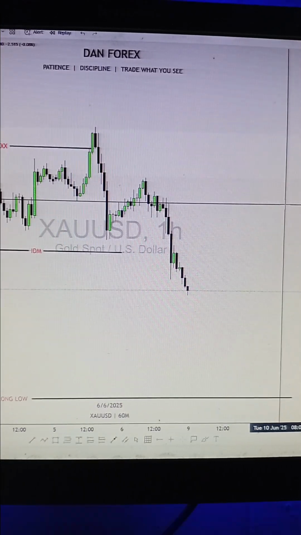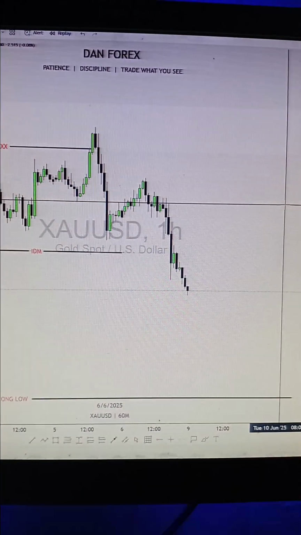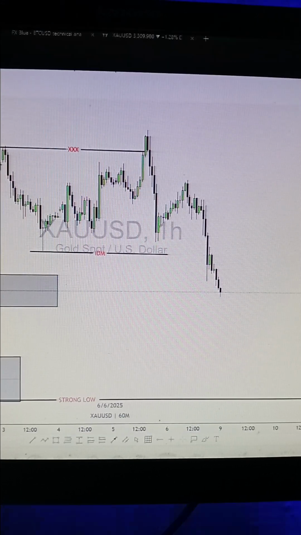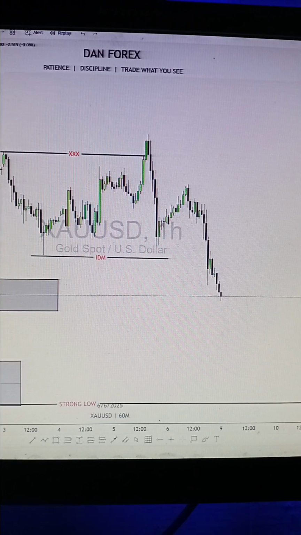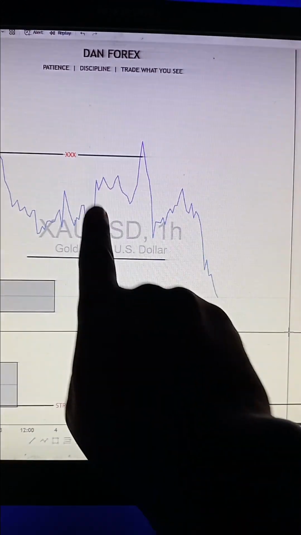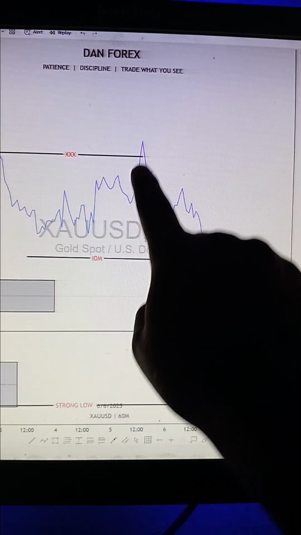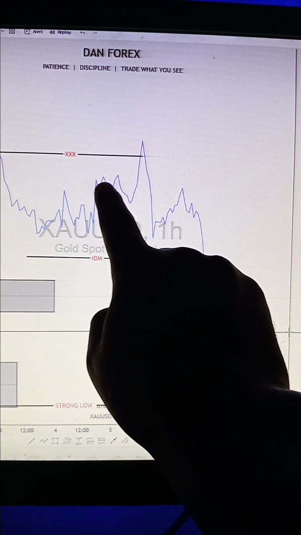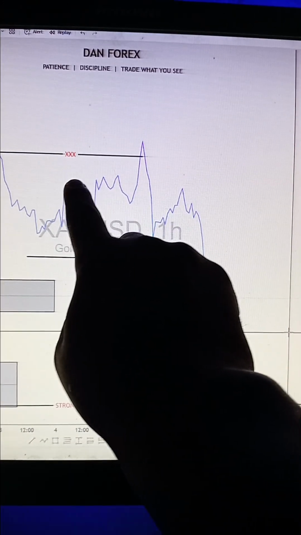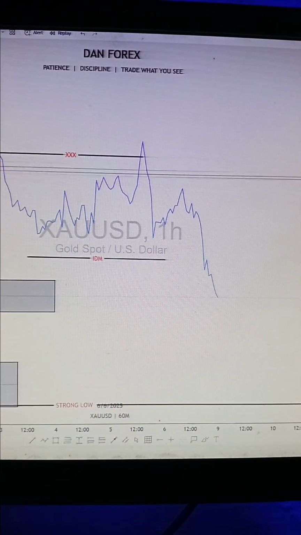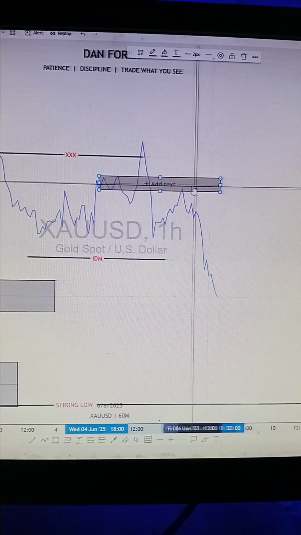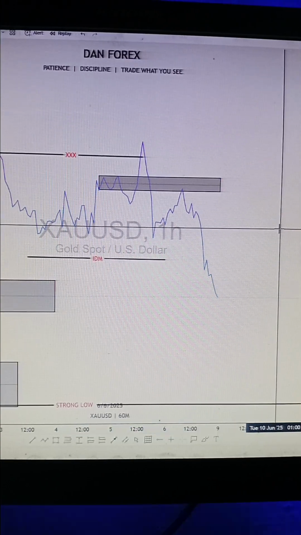Let me show you how you could have managed to catch some sales from this area. Let's turn to a line chart like this. On the line chart, we can see a rally, some consolidation, and a rally. In this consolidation, we have some orders being left here, so we are supposed to be looking for sales from around this area. You could have taken your rectangle like that, and that area would be your supply zone.